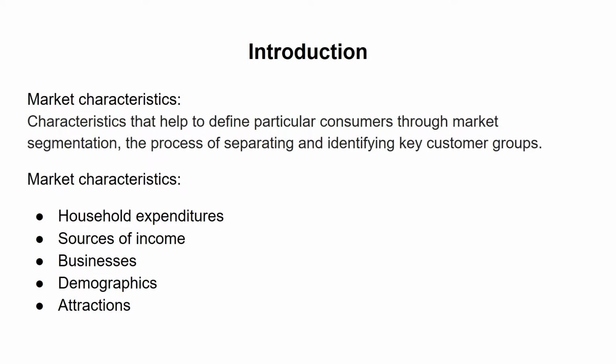$5,378 per month. For sources of income, more than 60% of income comes from wages and salaries, and the rest comes from properties, businesses, and cash benefits. Another characteristic for the market is businesses. Sydney's local neighborhoods cover various commercial day and nighttime economies that offer customers a diverse range of products and services. For demographics, we found that in 2019, Sydney counted a population of 5.073 million people.